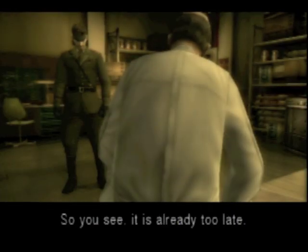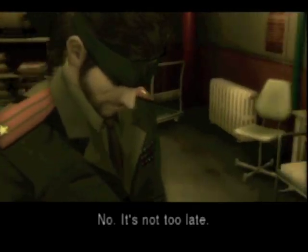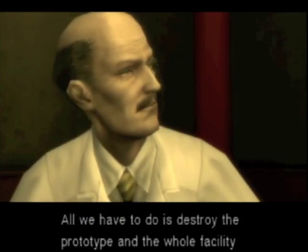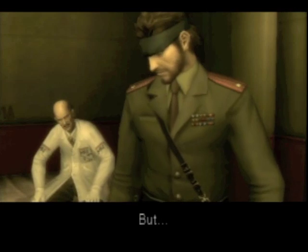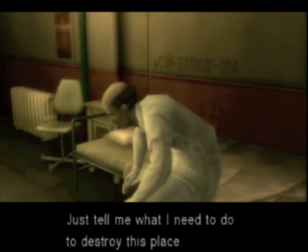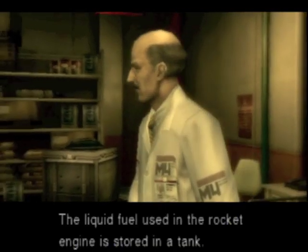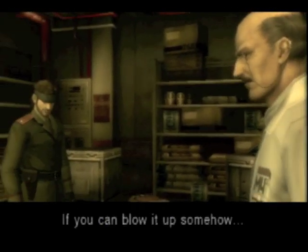So you see, it's already too late. No, it's not too late. What do you mean? We've still got a chance. All we have to do is destroy the prototype and the whole facility before they can mass produce it. But just tell me what I need to do to destroy this place. All right. The liquid fuel used in the rocket engine is stored in a tank. If you can blow it up somehow...